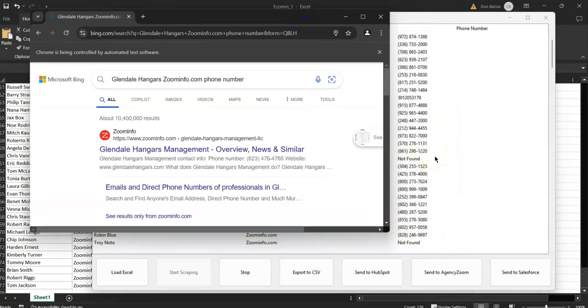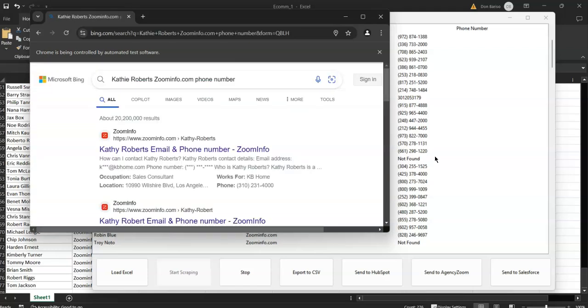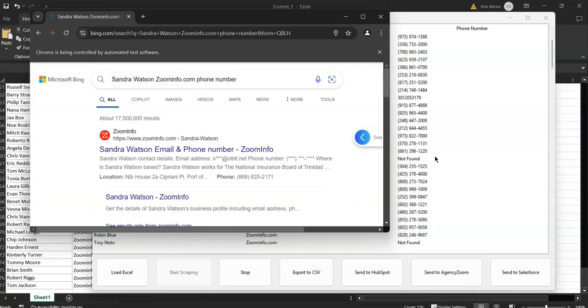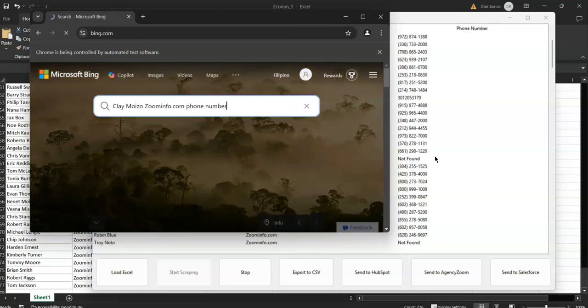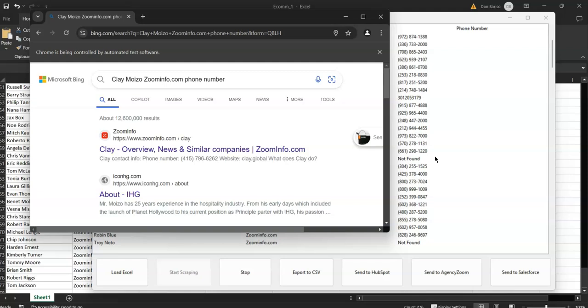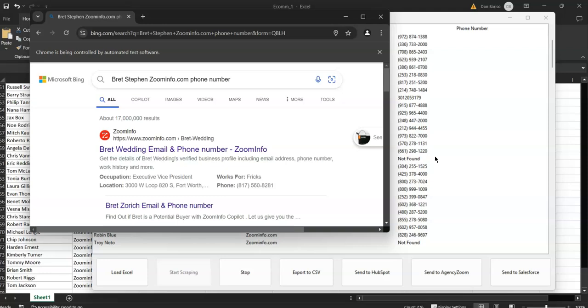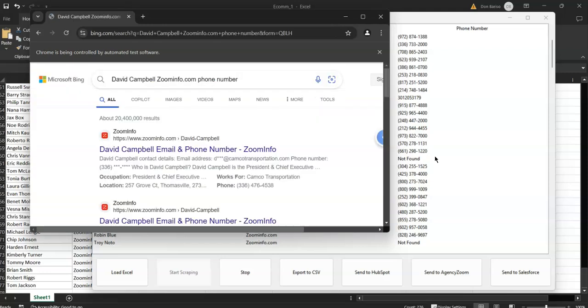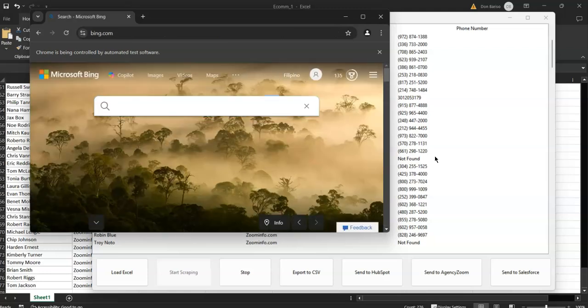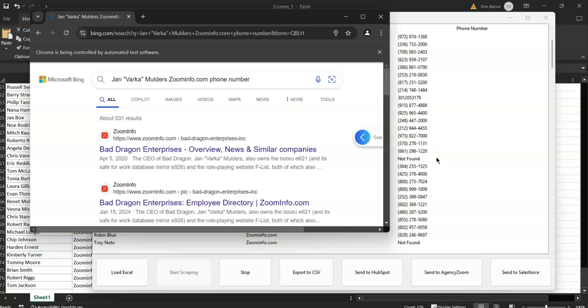So if you are doing lead generation, outbound calls, reaching out to people, you can use this application that I've created to be able to get all the details, as long as you have the name of the CEO. Just put the company name like zoominfo.com, or if you want to get the name in apollo.io or lucia.com, you can also do that. But this one we're going to use ZoomInfo because